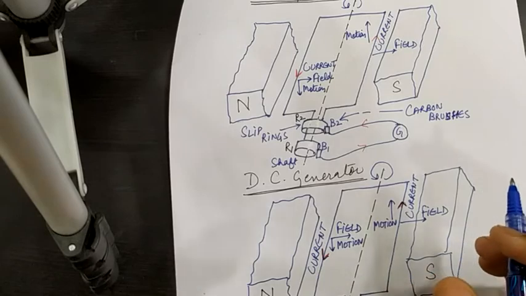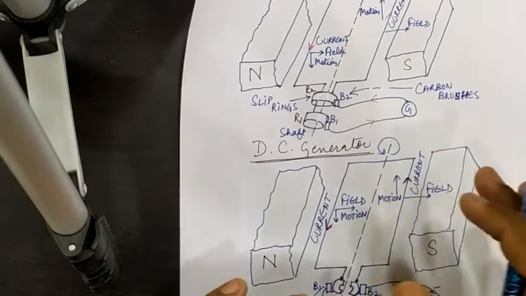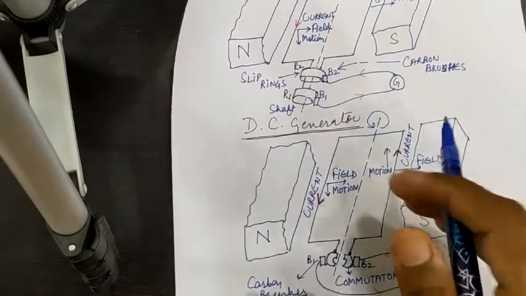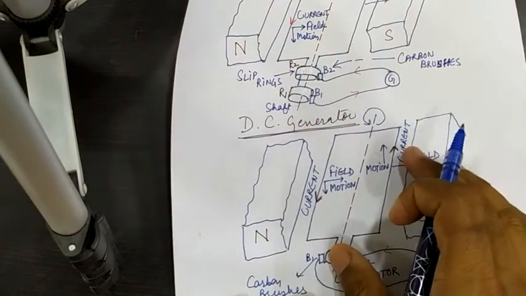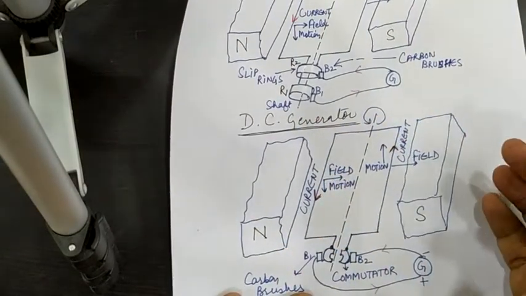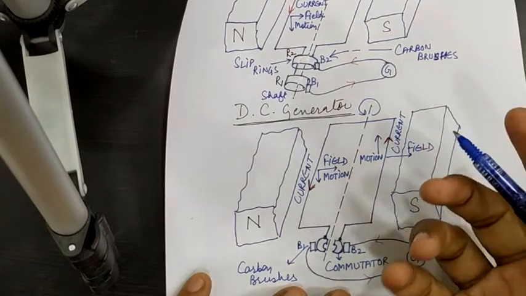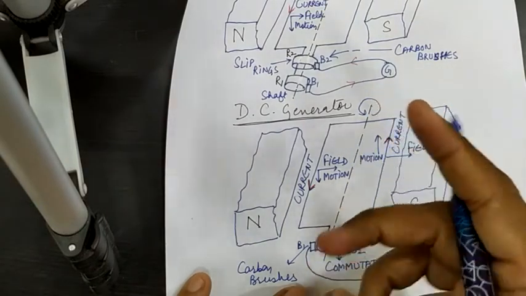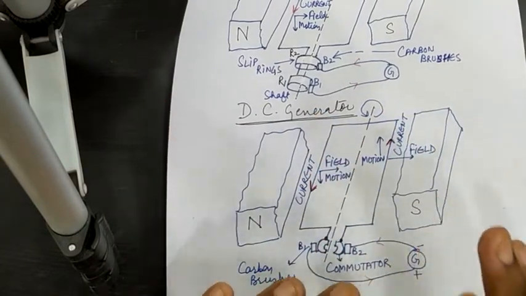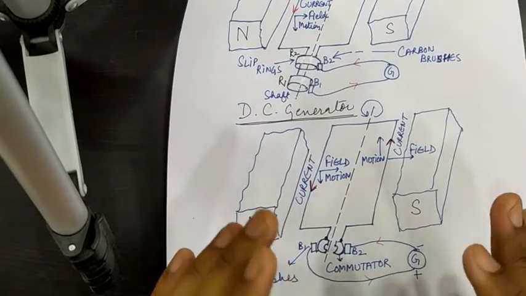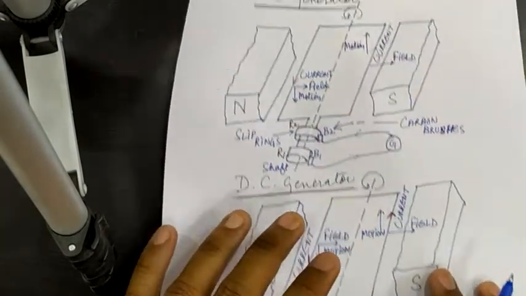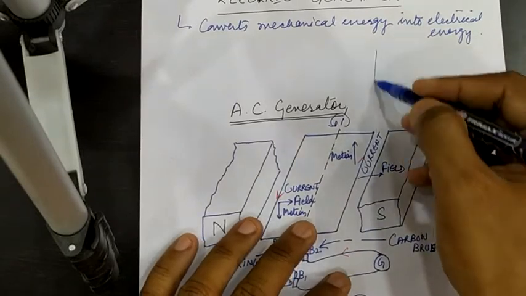You should focus on the principle on which the generator and motors work. In the DC generator, the working is the same as we have seen in the electric motor. The same half commutators are used here, and you use Fleming's right hand rule to find the direction of the induced current. I hope you are getting what I mean to say.